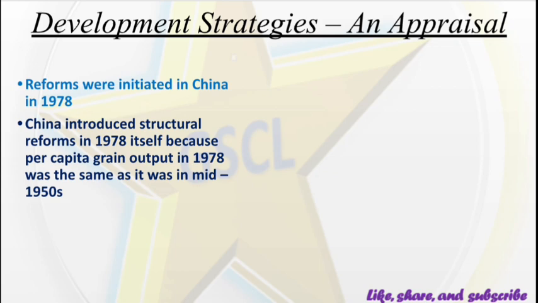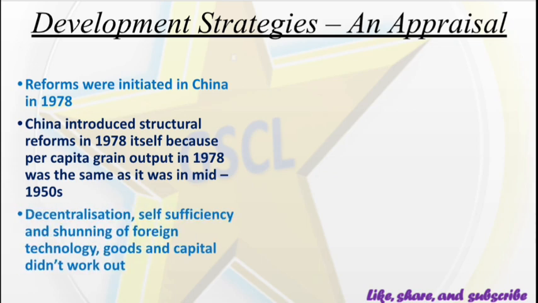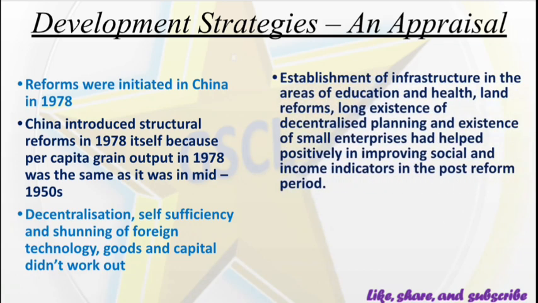The per capita grain output in 1978 was the same as it was in the mid-1950s. It was felt that the failure was because of the strategies adopted, which focused on decentralization, self-sufficiency, and shunning of foreign technology, goods, and capital. But it still helped them in terms of improving social and economic indicators. Because even before the reforms,